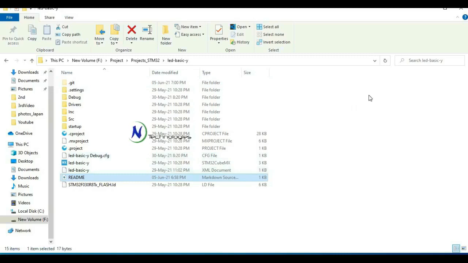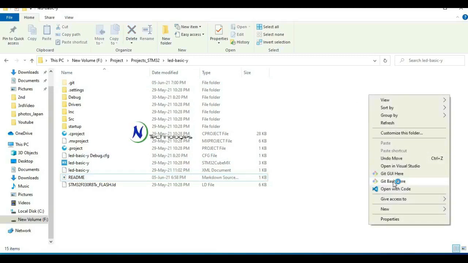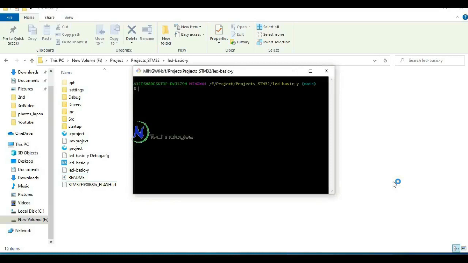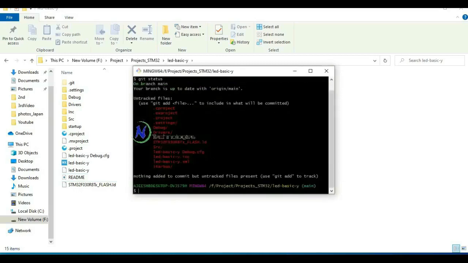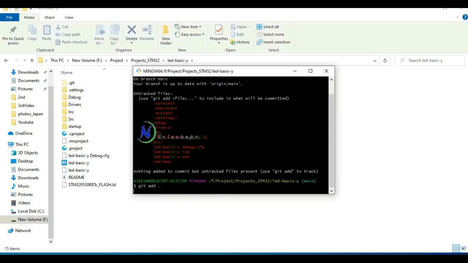We can see the status by launching Git Bash again. We can check the status with git status. This indicates these files are uncommitted files, because these are newly created files. We can stage these files with the following command: git add dot.